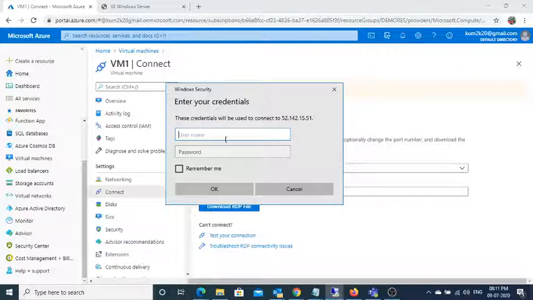Once again, when you select RDP, you will get this. Usually, when you open RDP, it will show the username, which we set initially during the configuration, like Kumar admin. The password will be